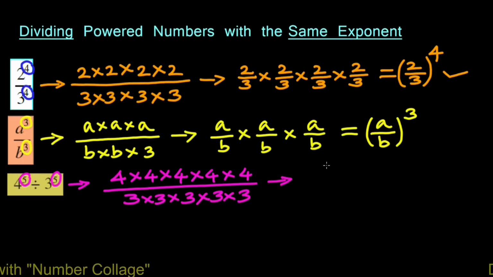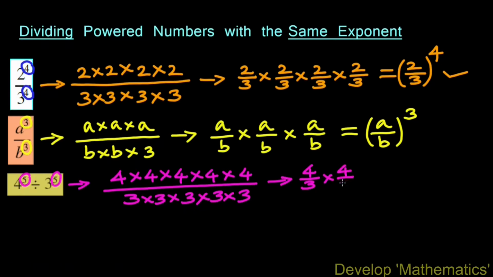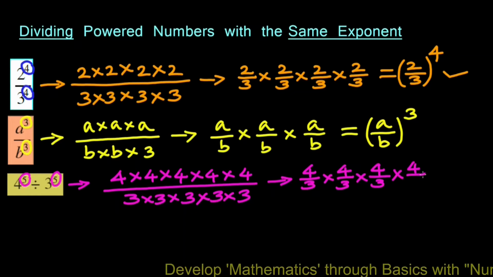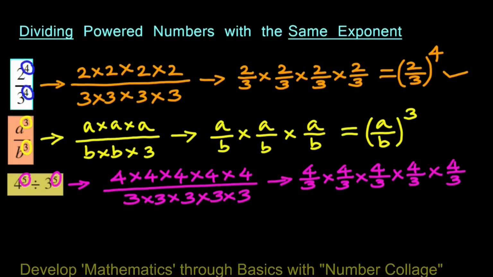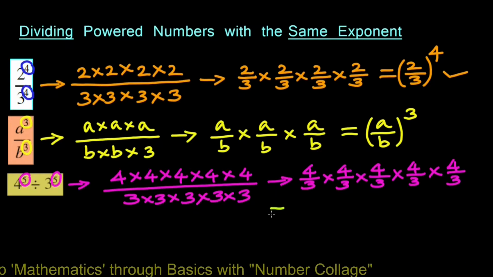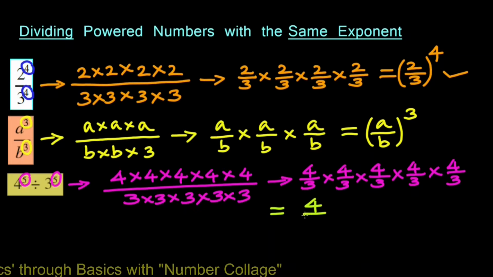So this we can write as 4 upon 3 multiplied by 4 upon 3 multiplied by 4 upon 3 multiplied by 4 upon 3 multiplied by 4 upon 3, 5 times, which finally we can write as 4 upon 3